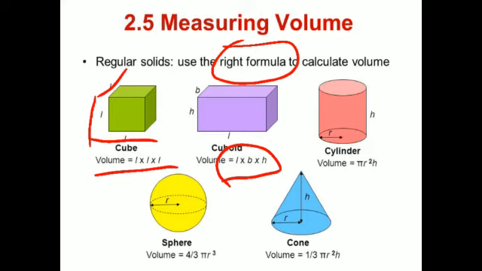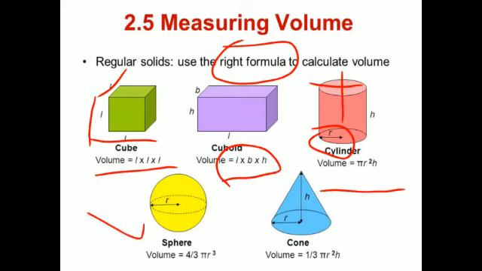We can also measure the volume of a cylinder with the help of this formula, pi r square h, where h indicates the height of the cylinder and r indicates the radius of the cylinder. This whole distance is the diameter, and when we divide the diameter into two halves, we get the radius. So by putting the values in the formula, we can accurately find the volume of a cylinder.